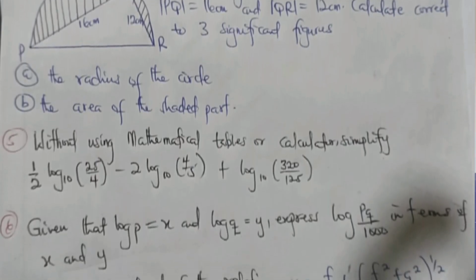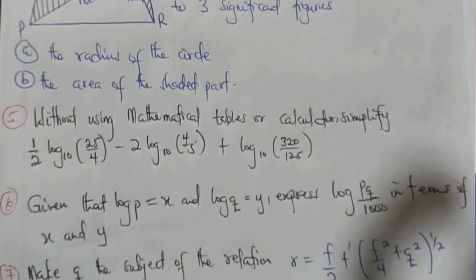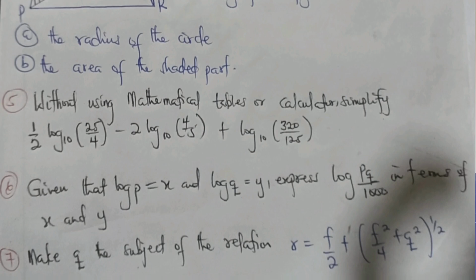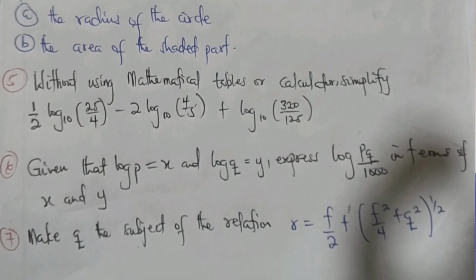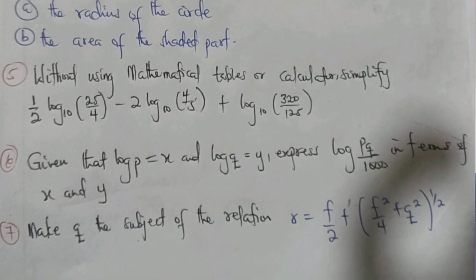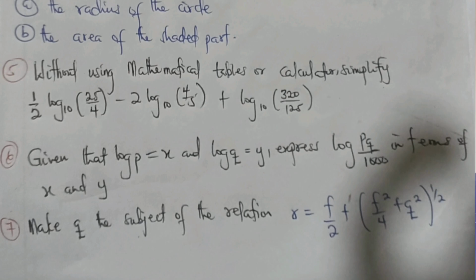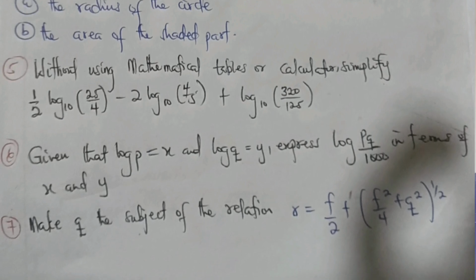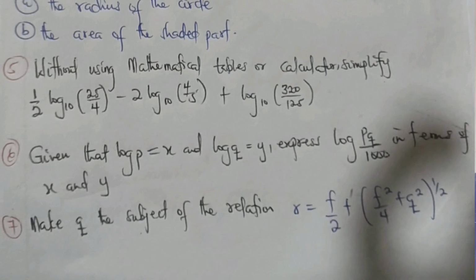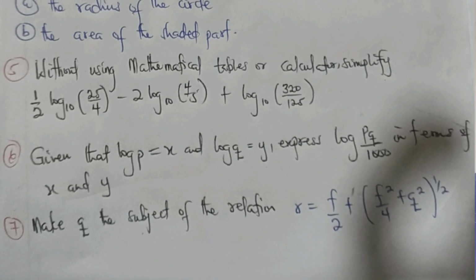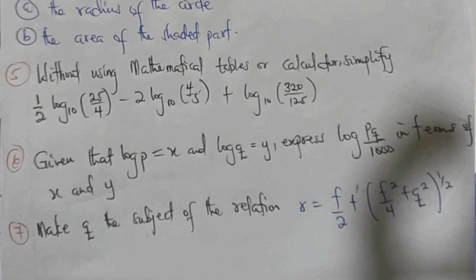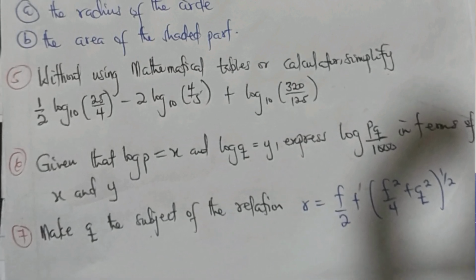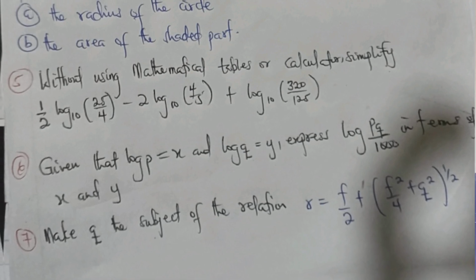Yeah. Now the last, question 5. Because I'm used to solving questions 4 and 5, I'm saying the last question. So question 5 says, without using mathematical tables or calculator, simplify half log of 25 on 4 base 10, minus